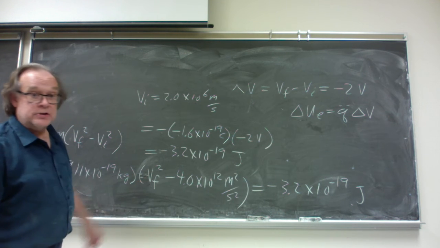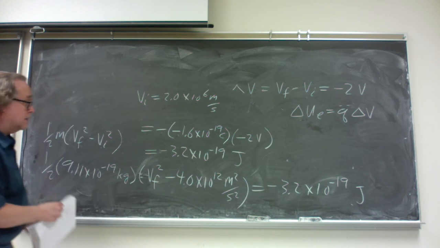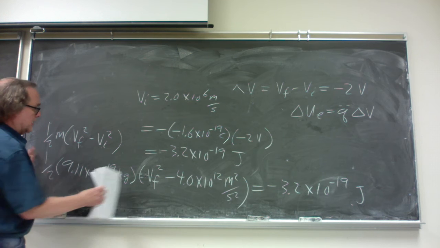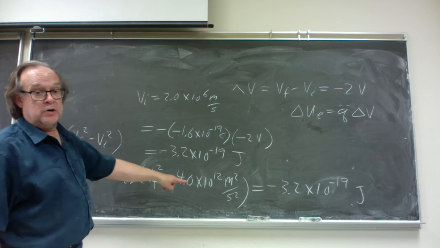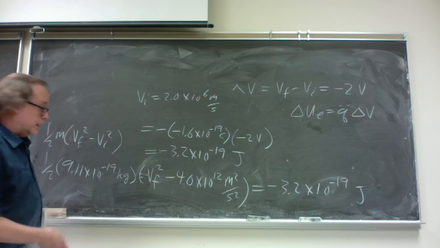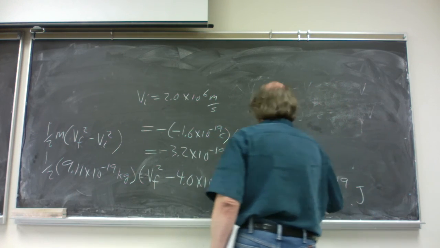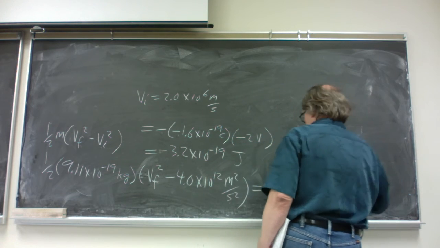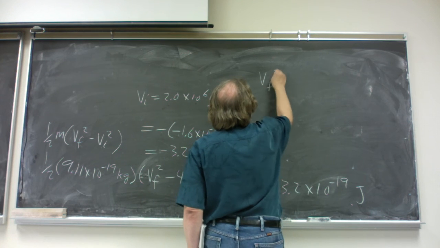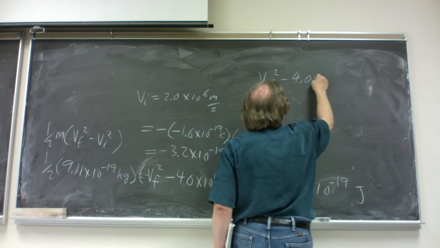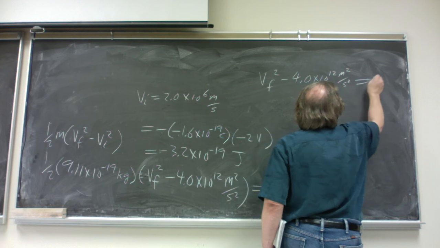We're trying to solve for that, so the first thing we have to do is get rid of all multiplying factors on the left-hand side. That is, we divide both sides of the equation by that, so that now the left-hand side is just v final squared minus v initial squared. So do that. And now all we have on the left-hand side is v final squared minus v initial squared, which is 4.0 times 10 to the 12th meters squared per second squared, and that's equal to